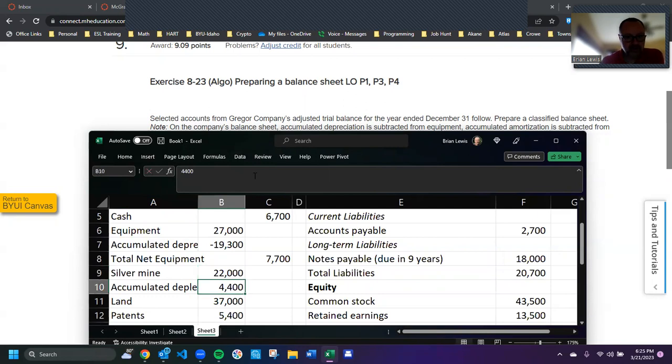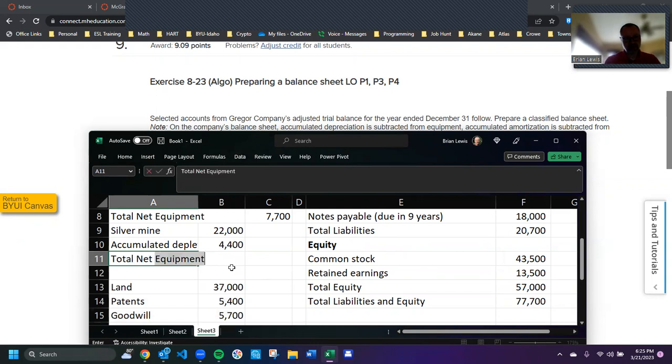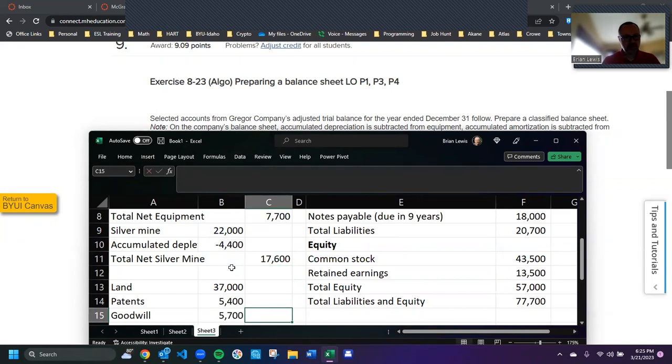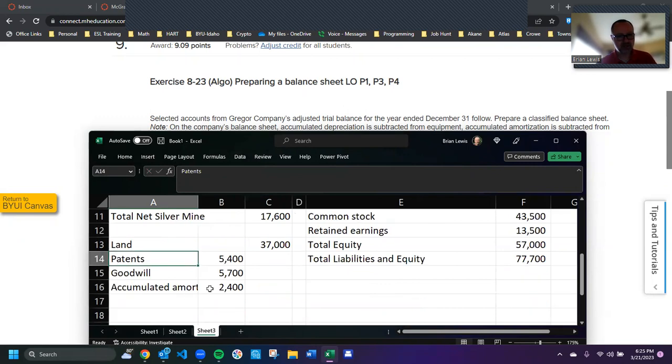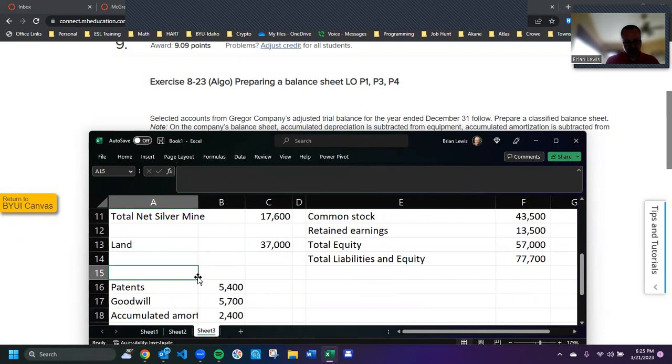Okay, silver mine, we can do the same thing. Total net silver mine, we can make this a minus, and this is going to be equals the sum of these, right? We can keep land separate and just move the value over. And then let's just go ahead and make these all two-step. They may not ask for this in the other one, but it's